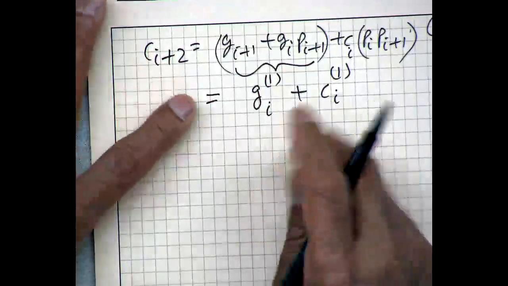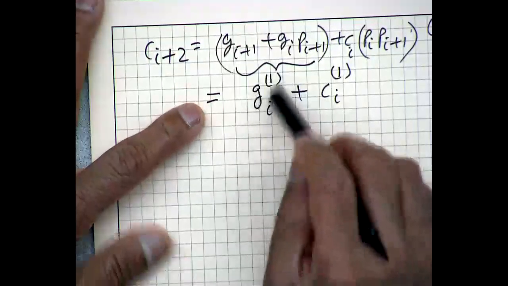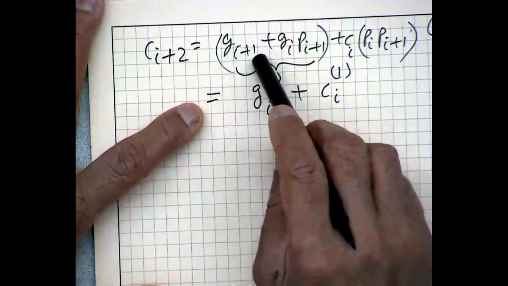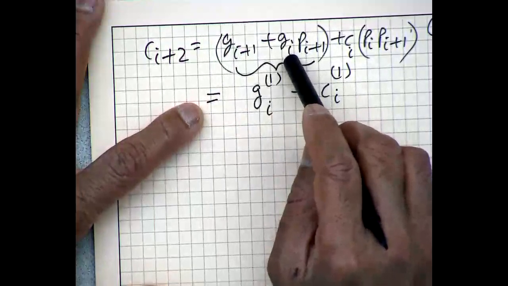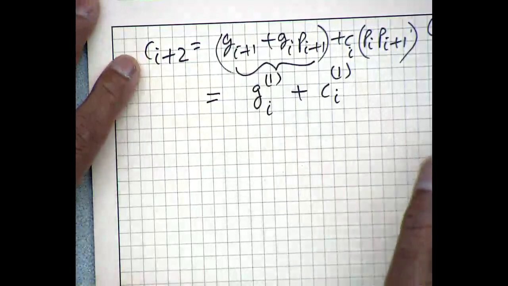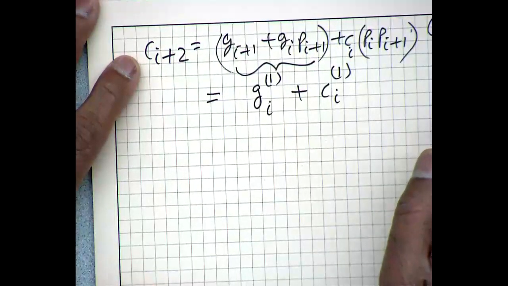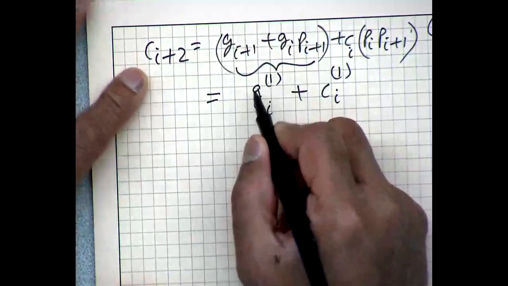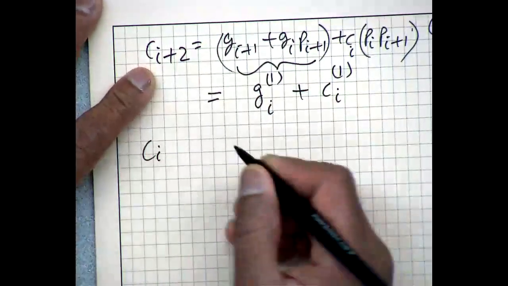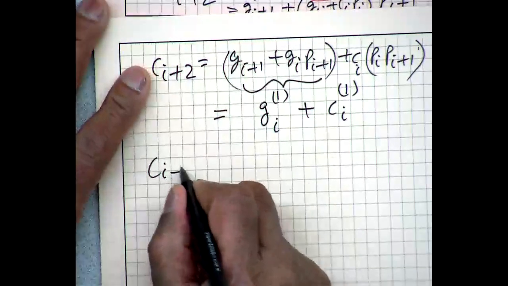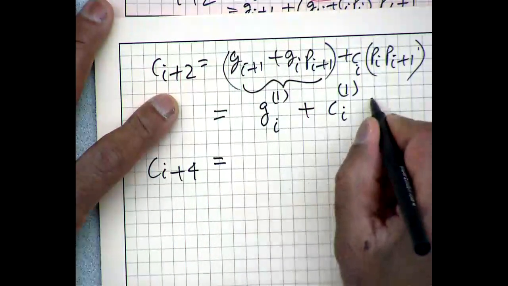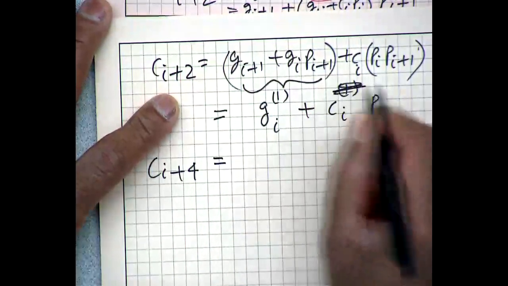So for example, Gi 3, what would be 3? We'll get to 2 and 3. Okay, so let's keep it like that. And then I can go through the same recursive doubling idea. So I can compute Ci plus 4. Oh, by the way, this is not Ci1, this is Pi1.